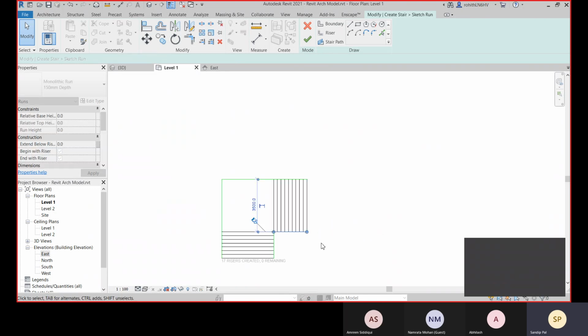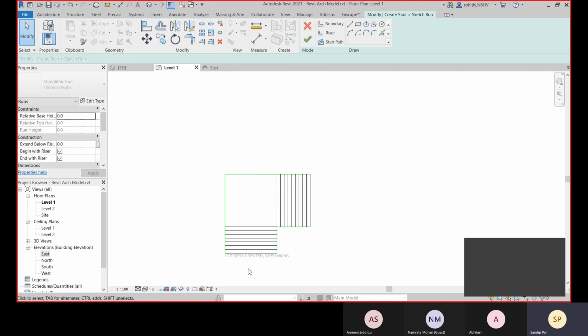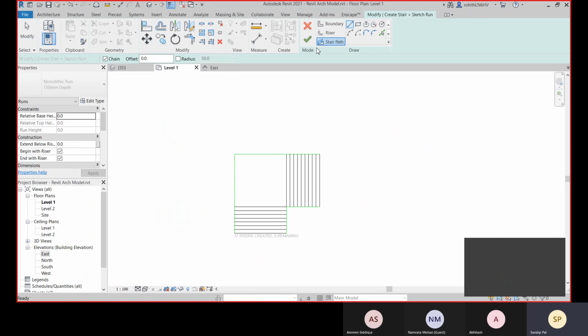So this is your boundary. Now you will define the stair path. The stair path is from this to this and to this. So this is your stair path, and after this you finish.